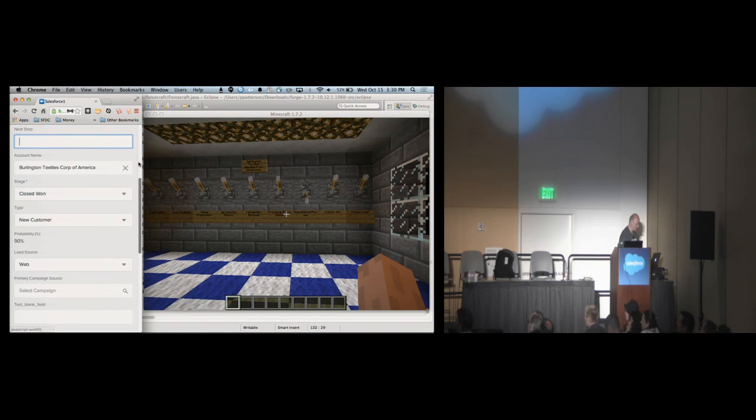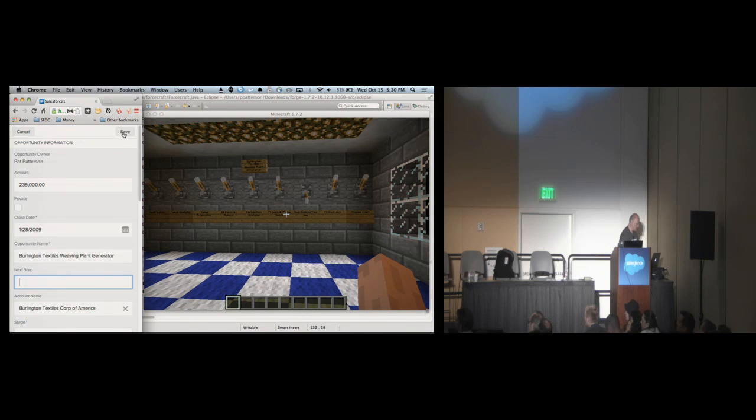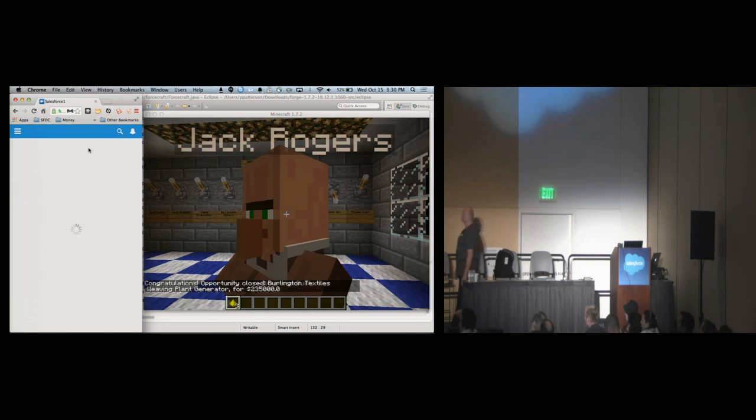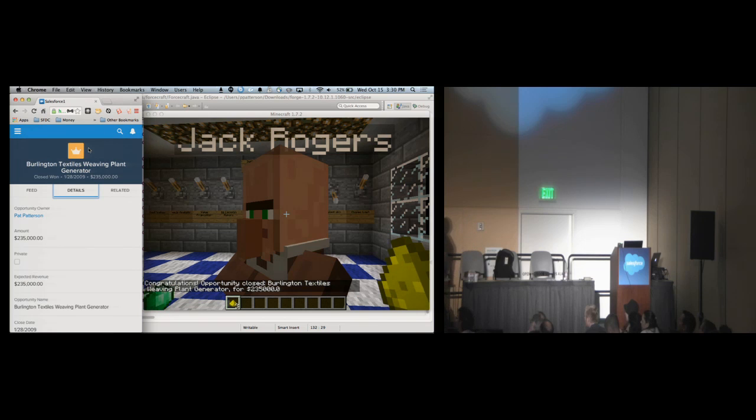And then I'm trying to use a web page like my iPhone. It's not a happy sight. So as soon as that saves, what should happen is that, ta-da! The lever flips, and one of the contacts from that opportunity appears in front of me,